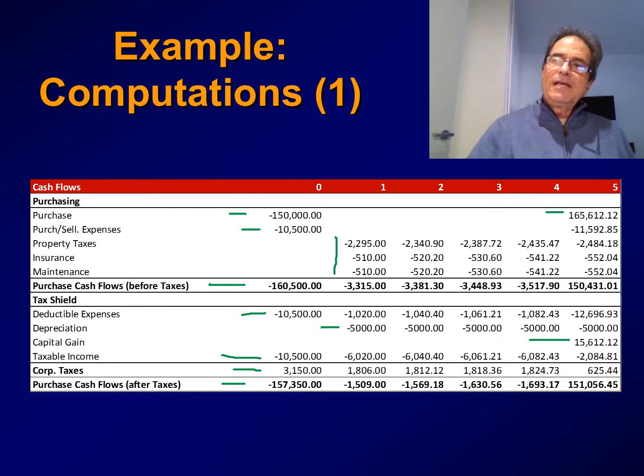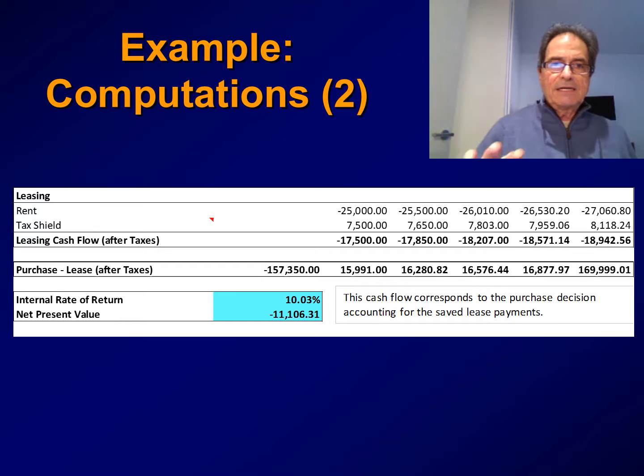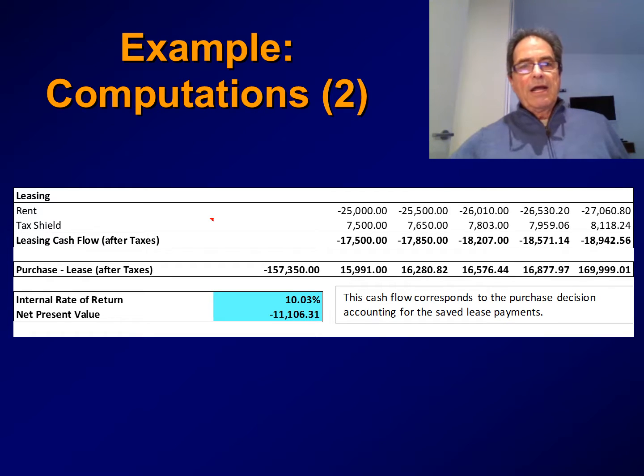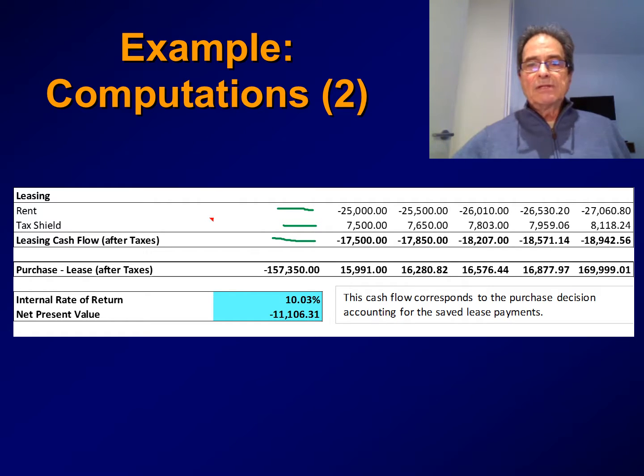But this analysis ignores the rent that we save in case we purchase the property. So let's look at that issue. Well, if we rent the property, we will have to pay these amounts every year: 25,000 in year 1, 25,500 in year 2, etc. Given that this rent is tax deductible, we have some tax savings here. So the net amount that we obtain after taxes, in case we rent, is